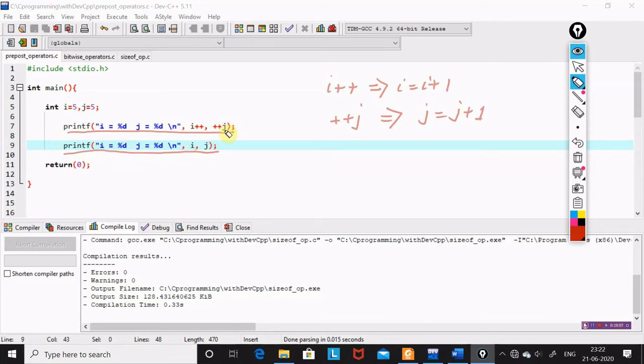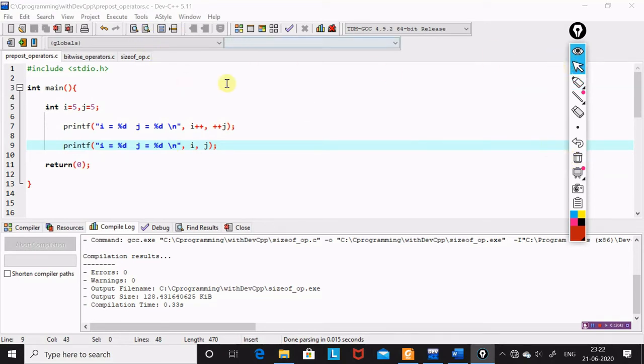So here you would expect to see I is equal to 6. And on the other hand, the value of j, which was initially 5, was pre-incremented. That means it became 6, and then that value of 6 was in fact printed over here. So that value remains as it is and it gets printed in this place as well. So here you'd see I is equal to 6, j is equal to 6. So why don't we execute this program and see for ourselves